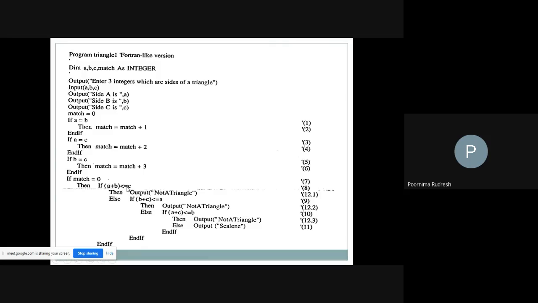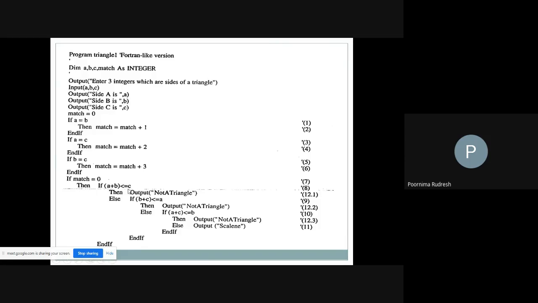To check that, we have to add the sum of two numbers, a plus b, and compare it with the other variable value, c.